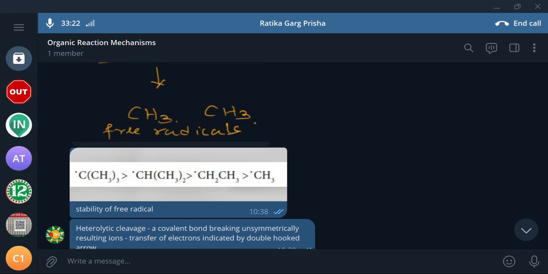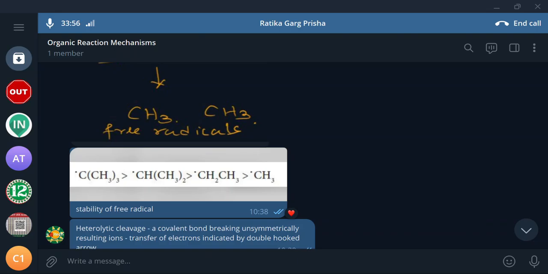And we discussed the different types of free radical. So when you talk about the stability of the free radical, this is called tertiary because it is thrice branched. How many carbon atoms are there? Four carbon atoms, so four carbon atoms means butyl, right? In IUPAC nomenclature, we already discussed this. And this one is secondary, CH3 twice CH. This is primary, CH3CH2, and this is simply methyl.